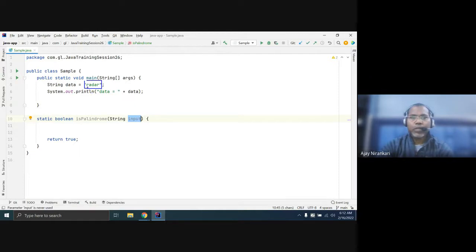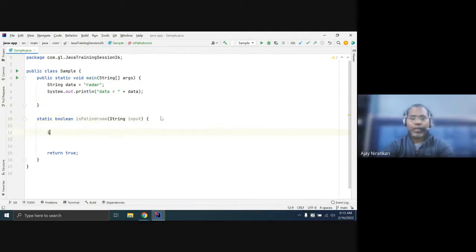So here we have 0 index, 1 index, 2 index, 3 index. We have to check the 0 index value with the last index, and if both are same, then the same work we have to repeat for left and right.